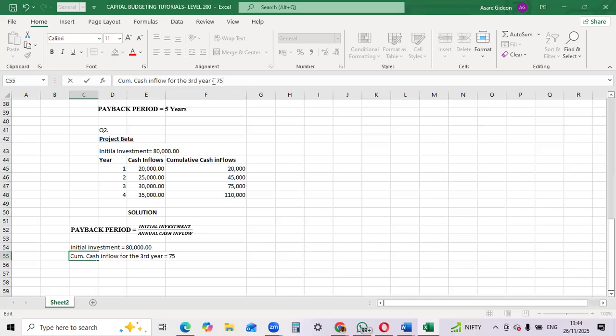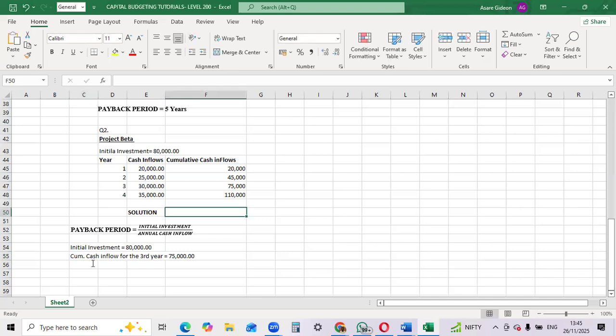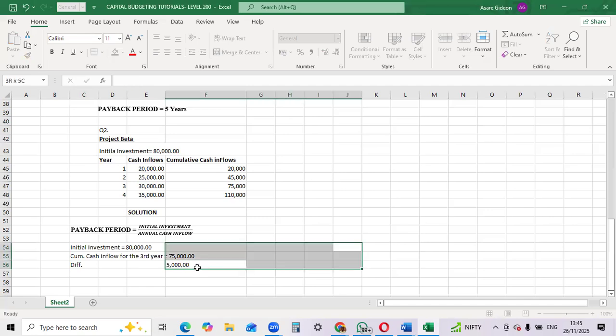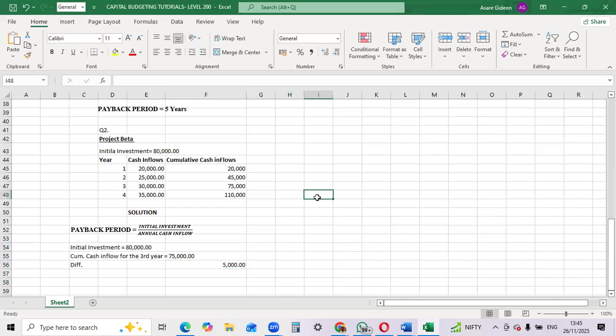$75,000. So now the difference will be 5,000. So now the difference is going to be 5,000. So now what it means is that